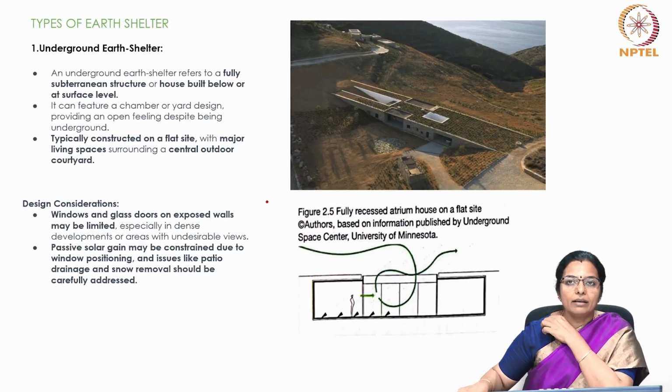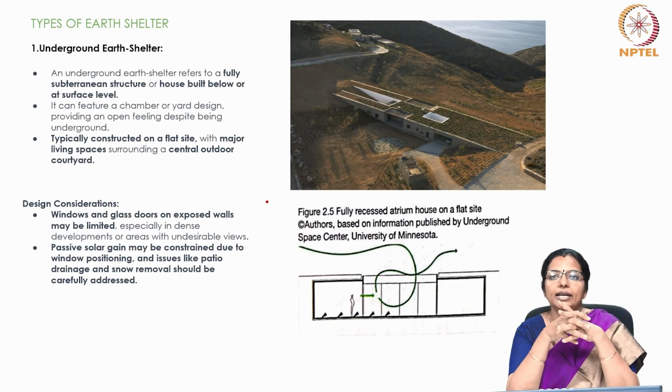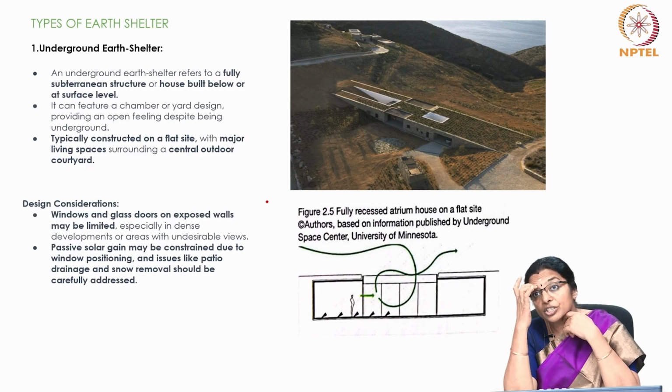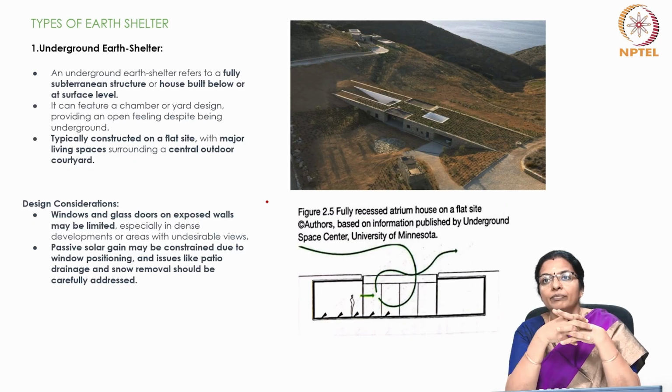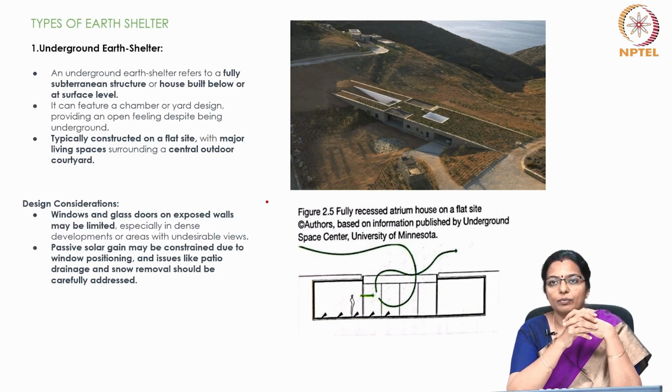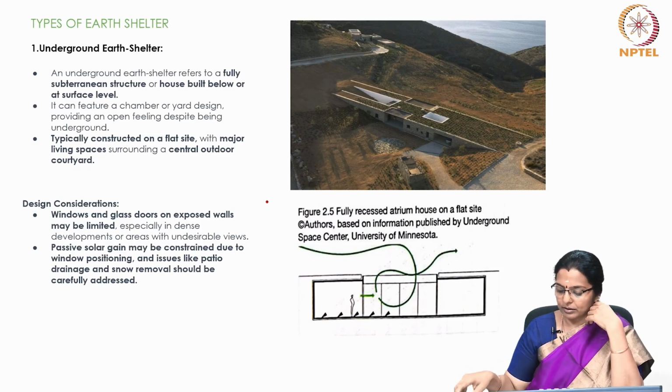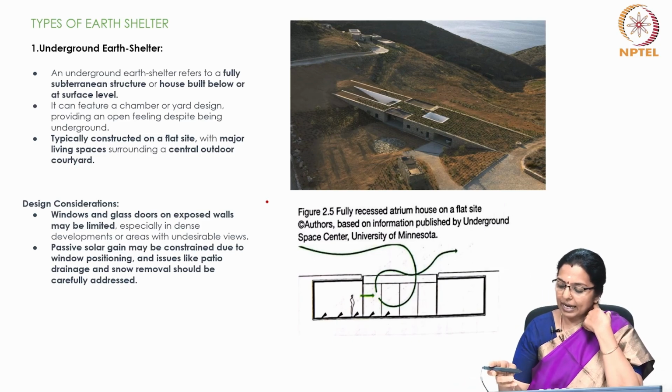So, an underground earth shelter refers to a fully subterranean structure or house built below or at surface level. It can feature a chamber or a yard design providing an open feeling despite being underground. So, typically constructed on a flat site with major living spaces surrounding a central outdoor courtyard. So, it can be something like this,